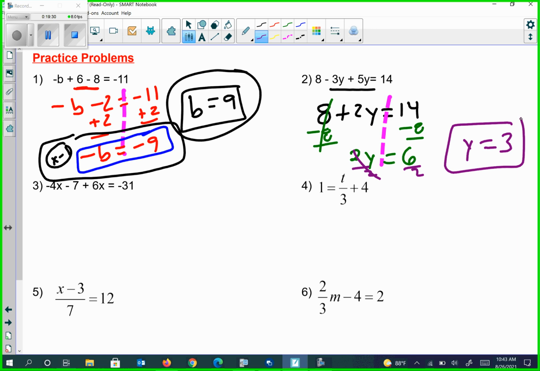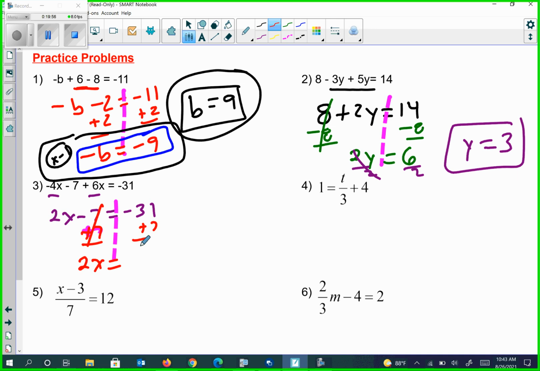Problem 3, like terms. Yeah, I do have like terms on the same side. I'm going to combine those together. That's going to give me 2x minus 7 equals negative 31. Let's make our both sides. Add 7. Oops, let's change colors. Add 7, add 7. Those cancel. 2x equals